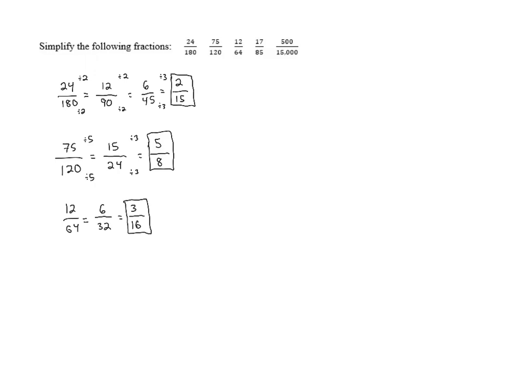Nice. All right, we've got 2 more. 17 over 85. 17 is prime. It's only divisible by 1 and itself, 17. So with 85, we really only need to see if it's divisible by 17, because reducing by 1 doesn't really help. So if you take 85 and divide by 17,